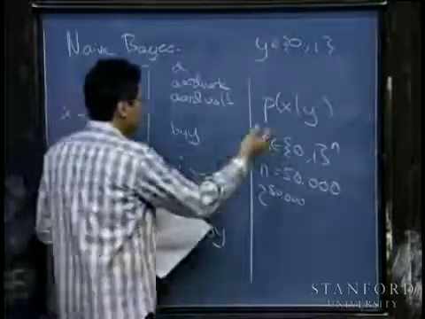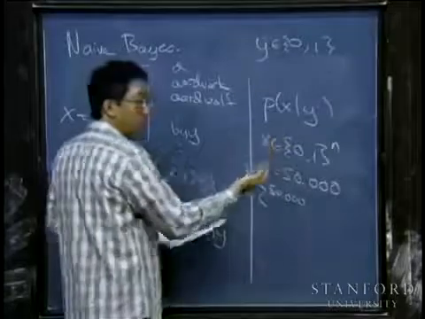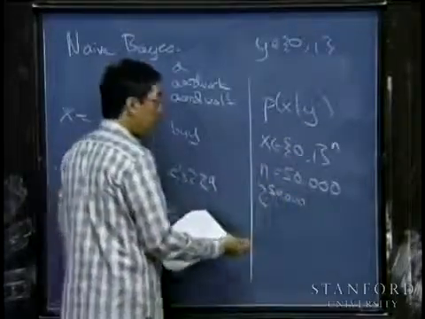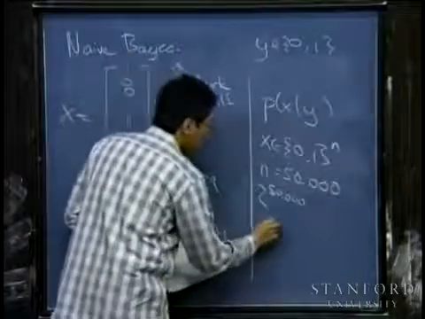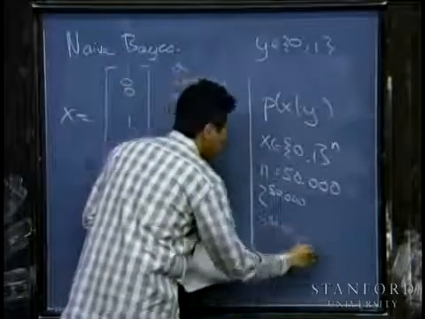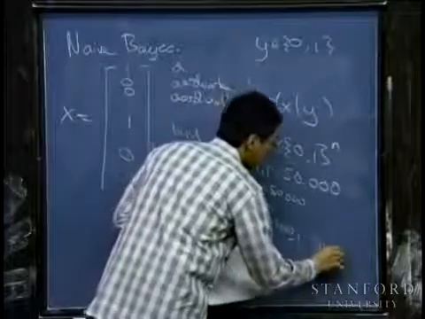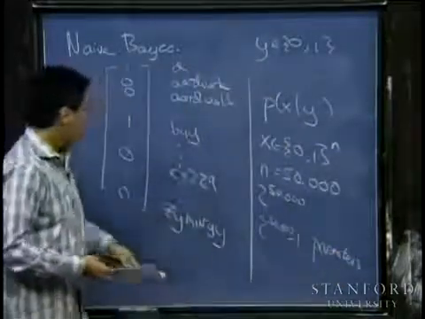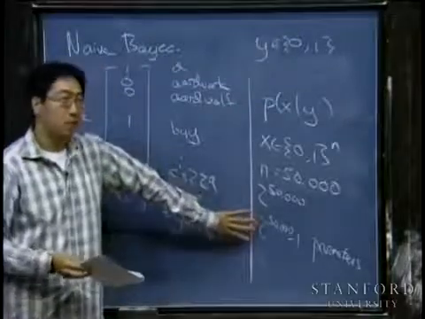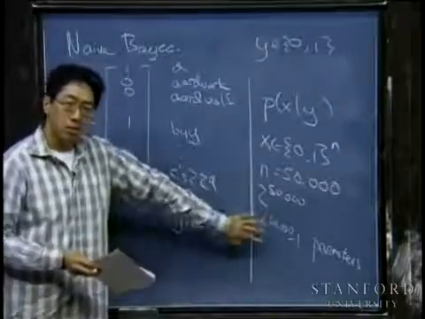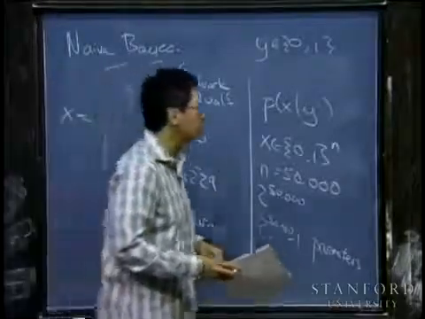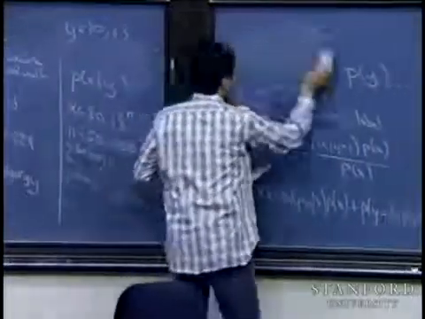And so one way to model this is a multinomial distribution. But because there are 2 to the 50,000 possible values for x, I would need 2 to the 50,000, like maybe minus 1 parameters, right? Because they have to sum to 1. So minus 1. And this is clearly way too many parameters to model using a multinomial distribution over all 2 to the 50,000 possibilities. So, in the naive Bayes algorithm,